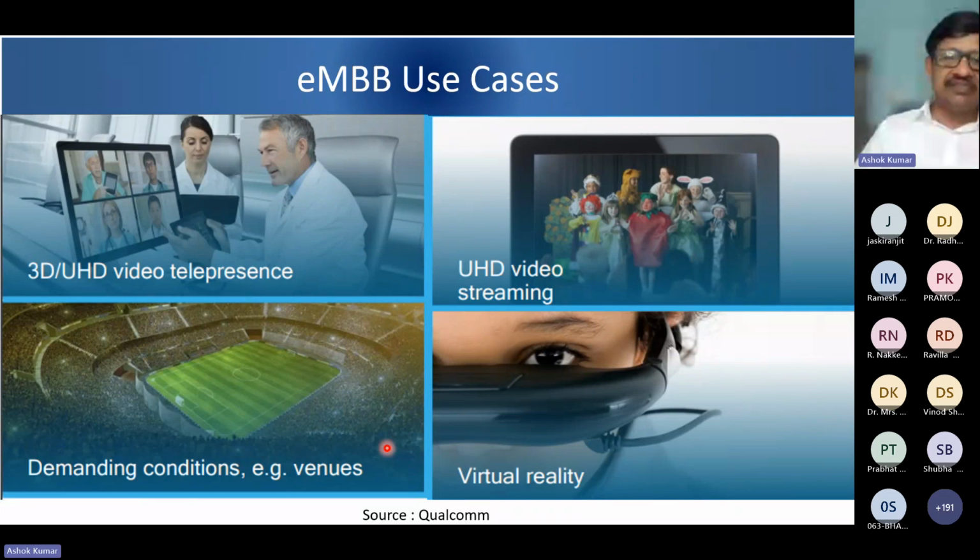Suppose in a stadium lakhs of people are there and I have to provide 5G coverage, what should be my strategy there? What kind of spectrum should I deploy near the stadium to support lakhs of people? High frequencies, millimeter wave. Very right. Since 5G supports millimeter wave, with millimeter wave I can have a